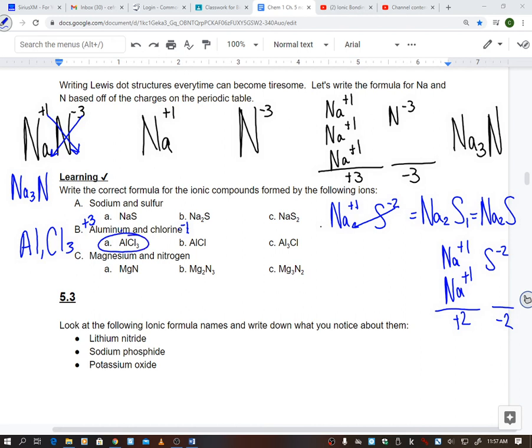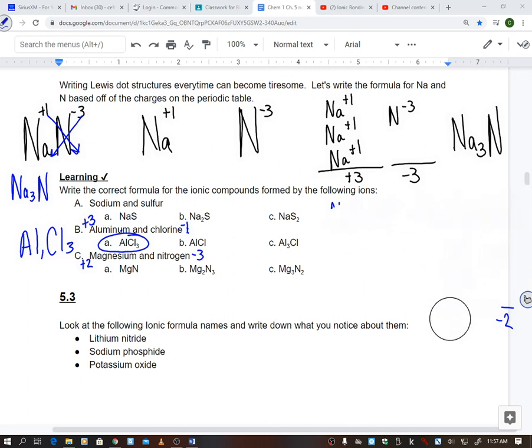Come on down. So A is your answer on that. All right. C, we have magnesium, which is a +2, and we have nitrogen, which is a -3. So if you're looking at this, I'm going to erase some of this. I'm going to crisscross that 2 to nitrogen, and that 3 to magnesium. So Mg3N2. If you want to look at how I did this, I have Mg, which is a +2,